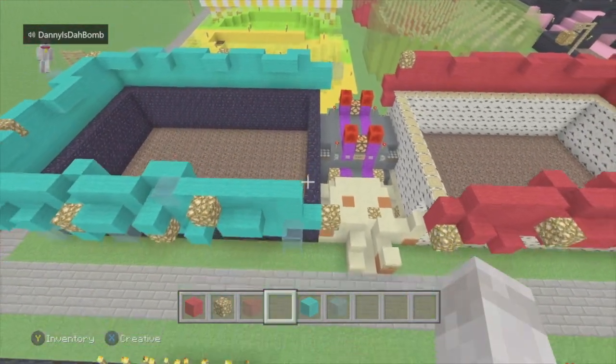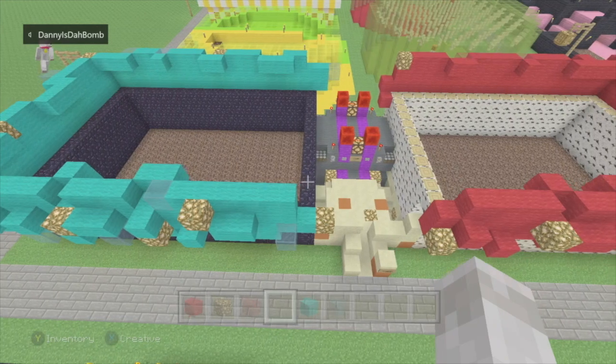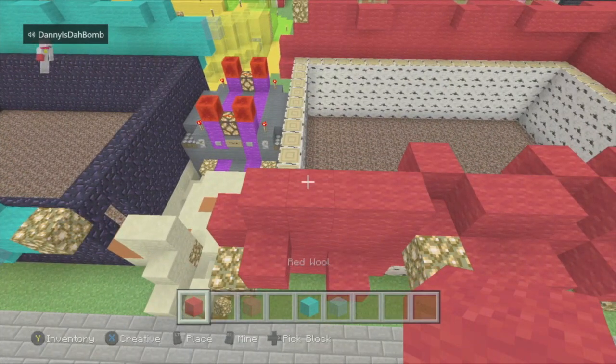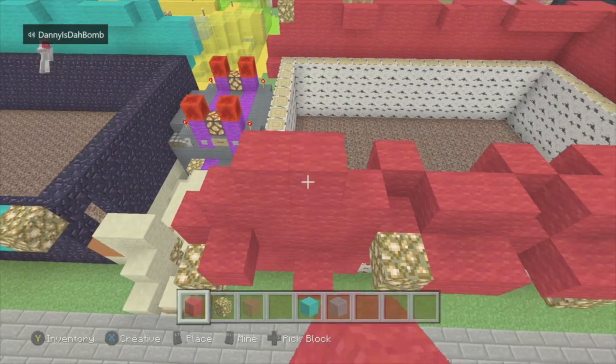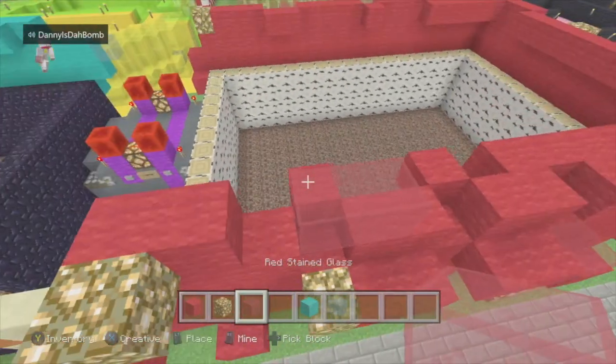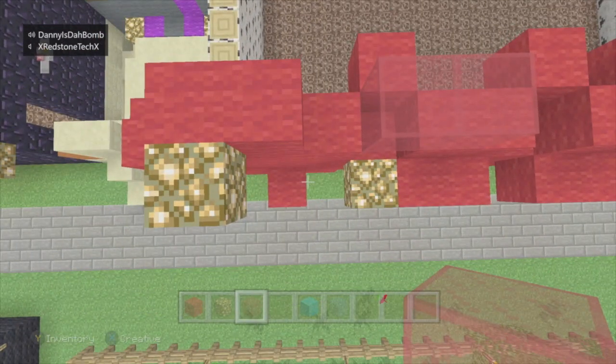Okay. Now the final 2 layers, which are going to be the shortest 2. We're making good progress. Even though these are kind of random, so they might be a little annoying. So place 2 red here, with a glowstone on this one. A glass here and here. I'm going to do it all like this. It might be a little different, but...